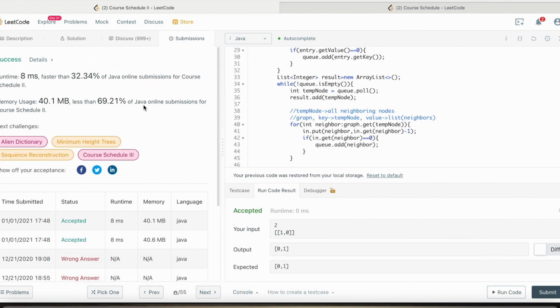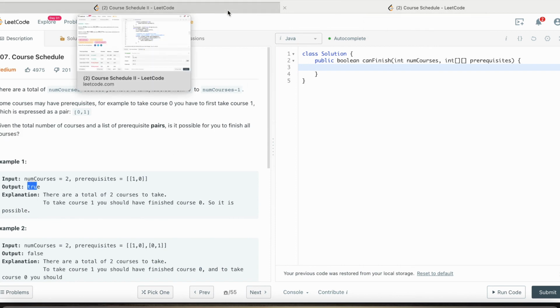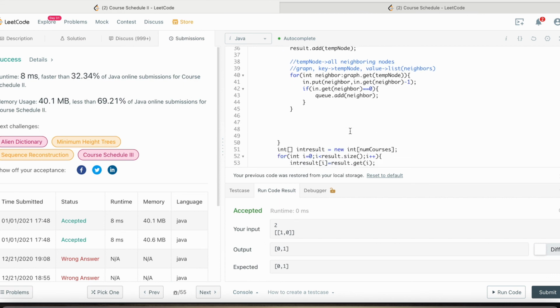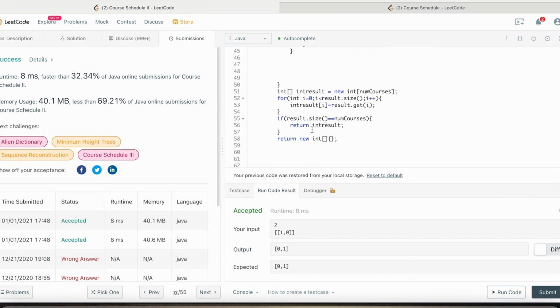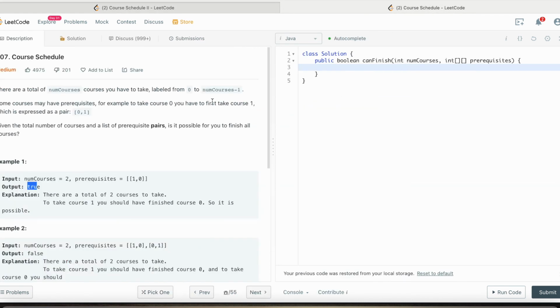Okay friends, so this is one of the questions, and in the second question, if you see, it is just asking whether it is possible to create this ordering of courses, or topological ordering of these courses. We just have to return true or false. So you can use the same code over here, and you simply have to return true or false. Here you can just update this to true, and here you can update it to false. So this question will also be covered.